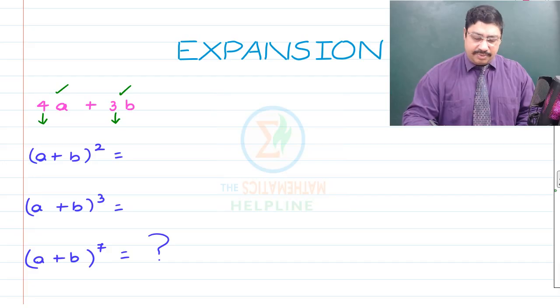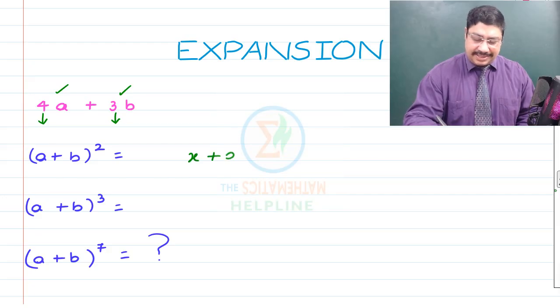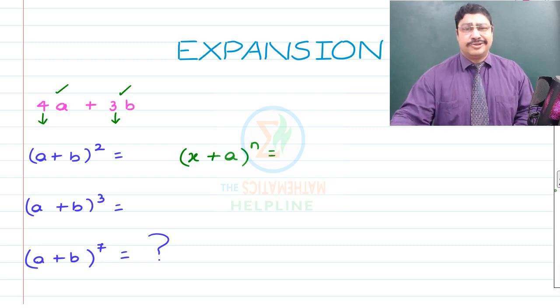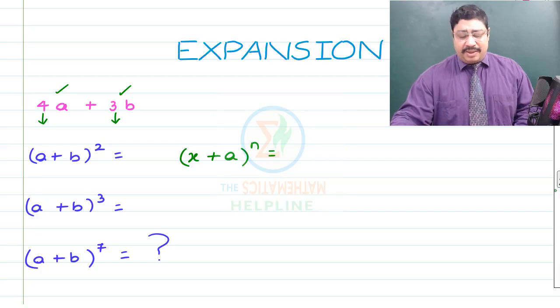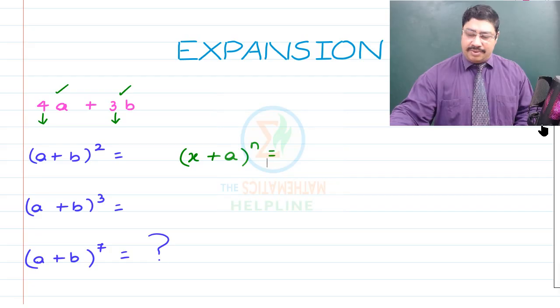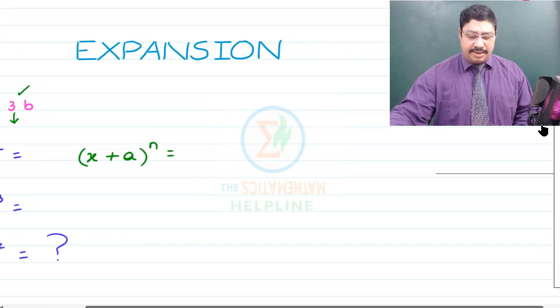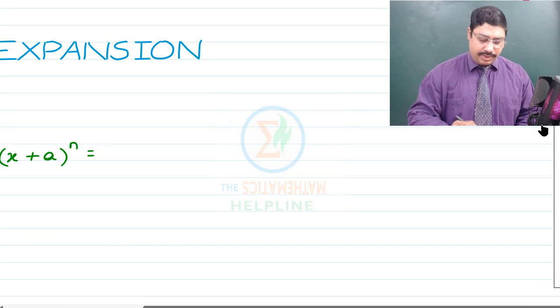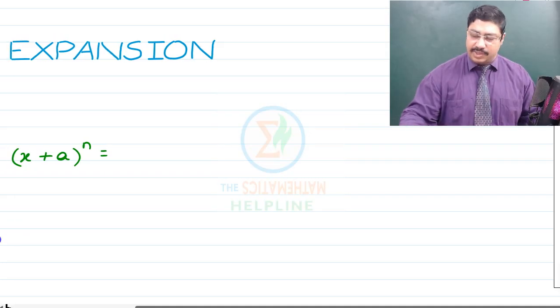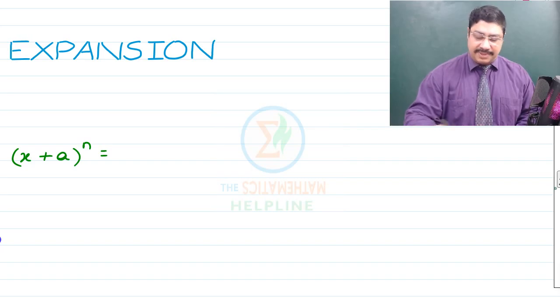Say we talk about (x plus a) raised to the power n. This is the normal general expansion, done with x plus a as the general binomial. Now, I will write an expression to make you clear about this, and for that I will increase the width a little so that you can see it with clarity. So when we talk about (x plus a) raised to the power n, children, then this becomes equal to